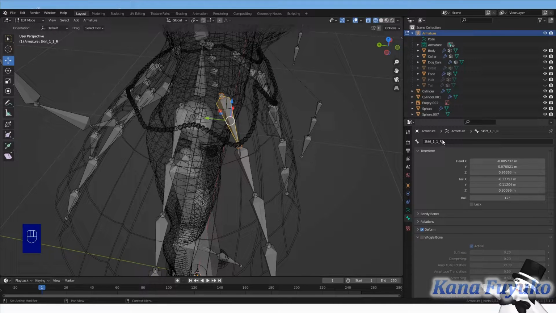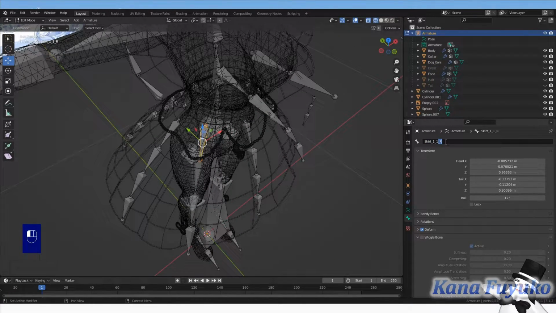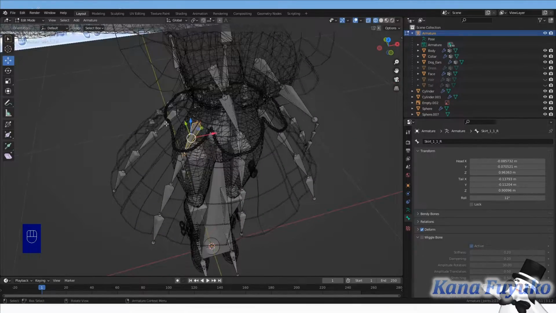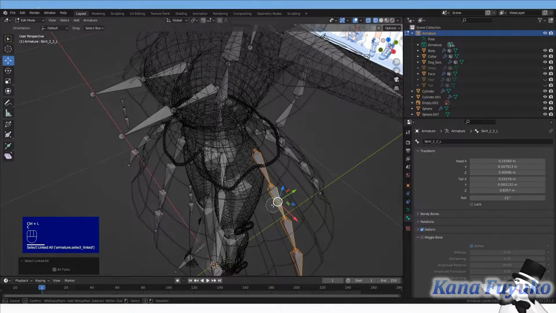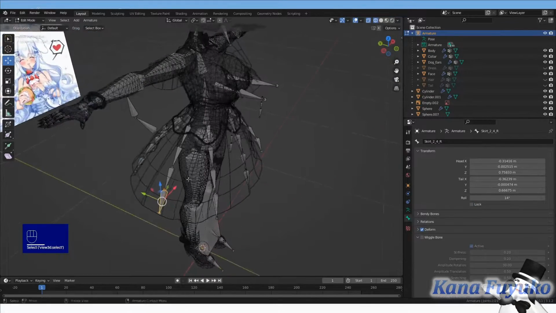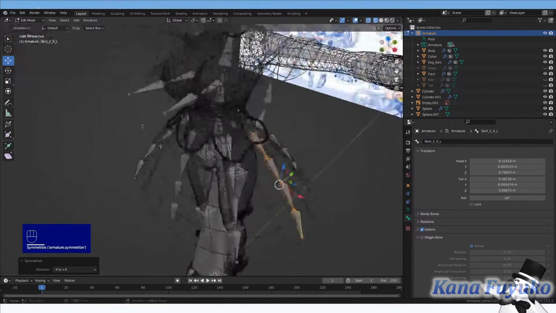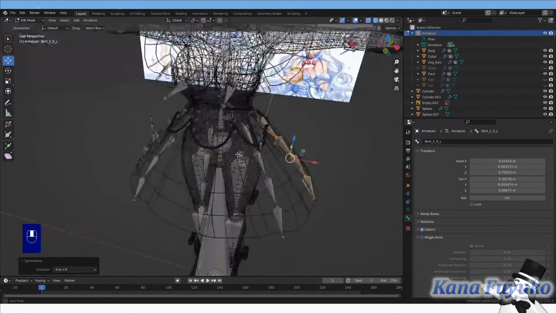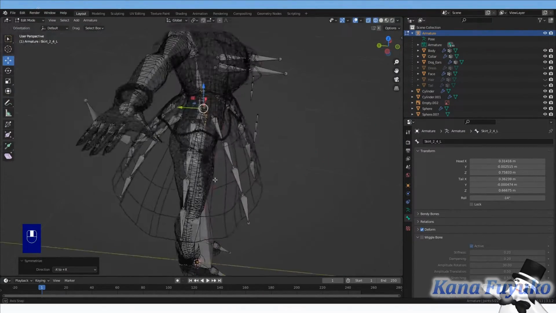I also have to make sure, since I want to mirror the bones much more easily, that I have the underscore R right here. So let's say, for example, I go ahead and delete this bone. Using the underscore R makes it a lot easier for me to mirror it, so I can go to Armature and Symmetrize here, and it's automatically mirrored. But the first step is to make your rig however you want it.